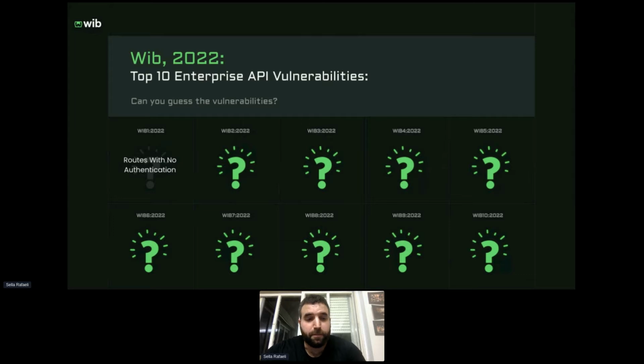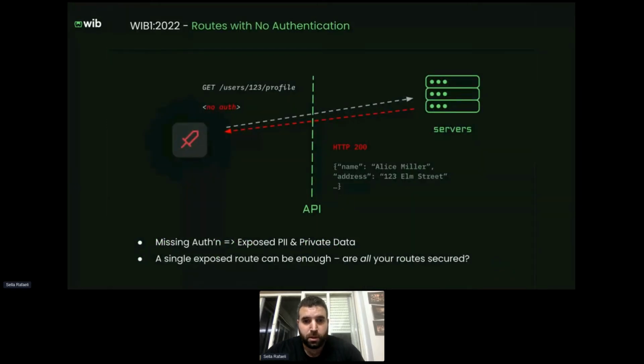The first vulnerability is routes with no authentication. So here we have an illustration to understand what's going on. On the left, we have our attacker. On the right, we have the servers with the dotted line representing the API. We have a white arrow representing the request and a red arrow and red highlights